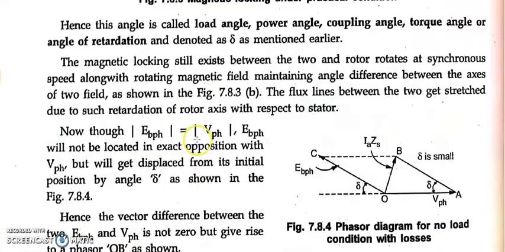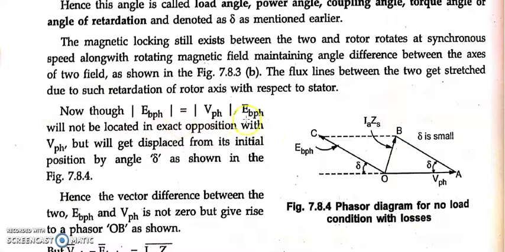Now if I draw the phasor for that, V per phase equals Eb per phase plus Ia into Zs per phase. You can see that it is similar to your earlier phasor diagram. I draw V per phase here, but Eb per phase I draw at an angle delta. Why has this delta occurred? Delta is due to the losses, like constant losses as well as a small amount of copper losses. Due to this, between Eb per phase and V per phase there develops a resultant phase, that is Ia into Zs.